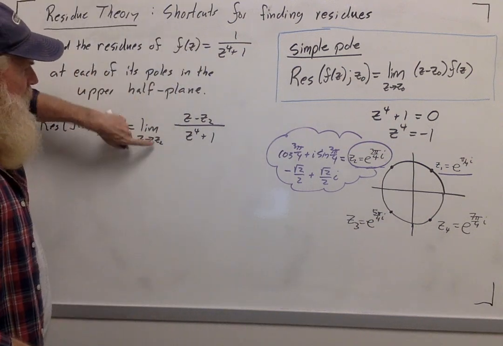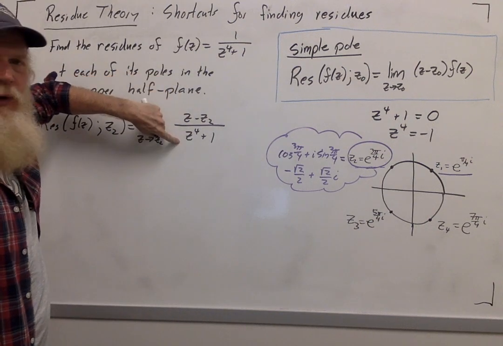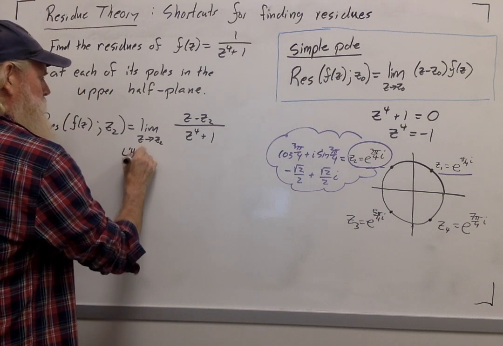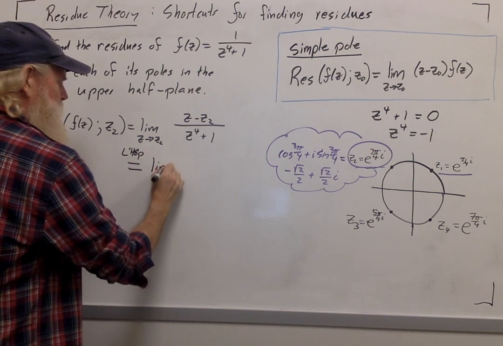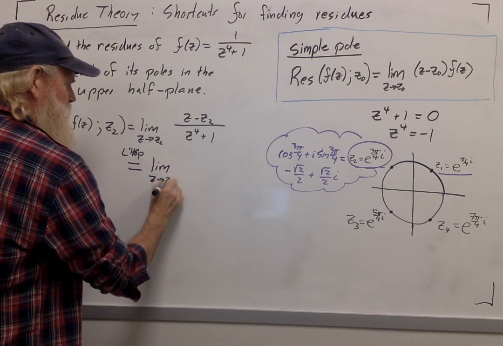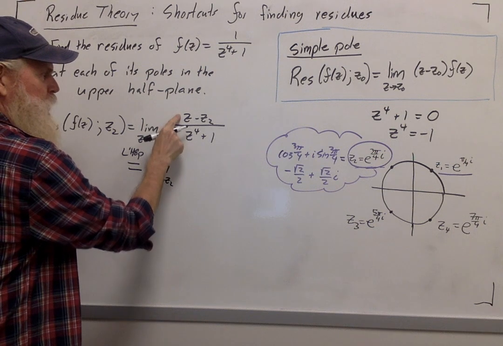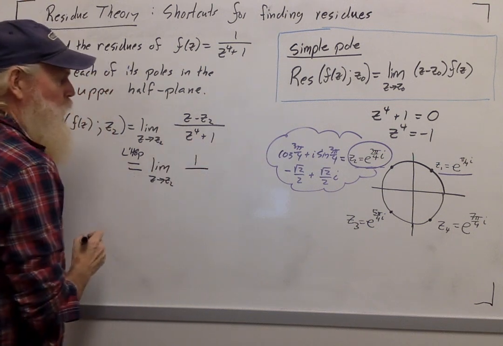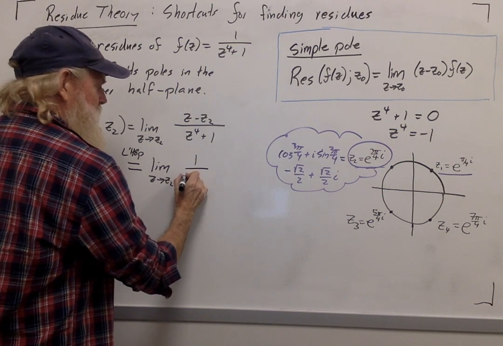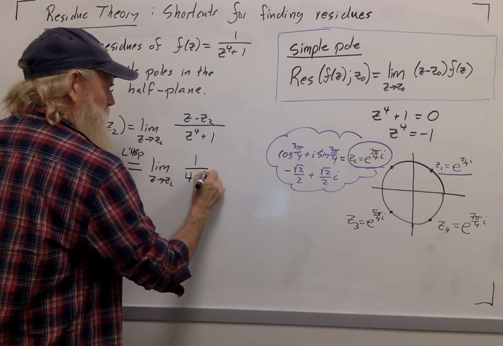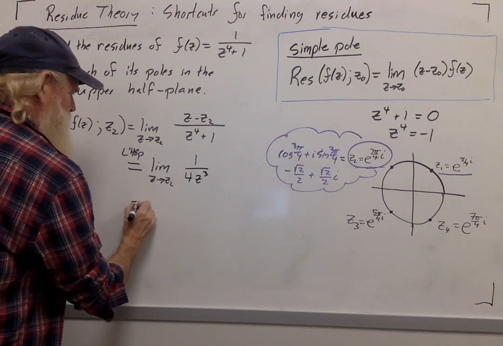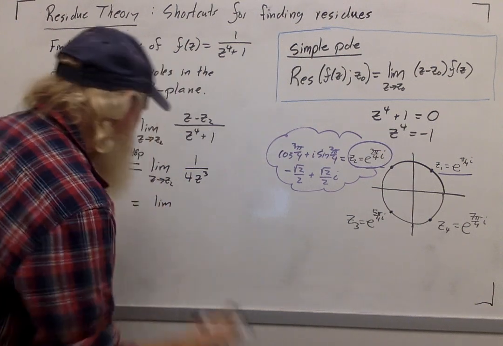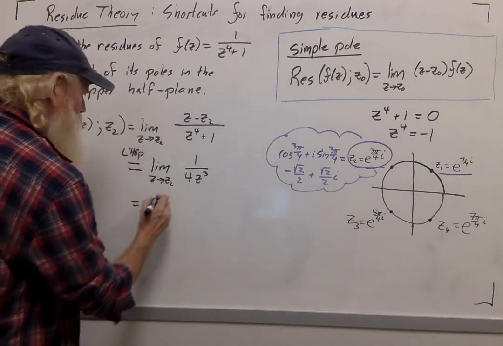As I mentioned before, if I use direct substitution, I get 0 over 0. So that means that this is a candidate for L'Hopital's rule. So this will be the same as the limit as z goes to z2 of the derivative of the numerator over the derivative of the denominator. The derivative of the numerator is 1, and the derivative of the denominator is 4z cubed. And now I can use direct substitution. So I get 1 over